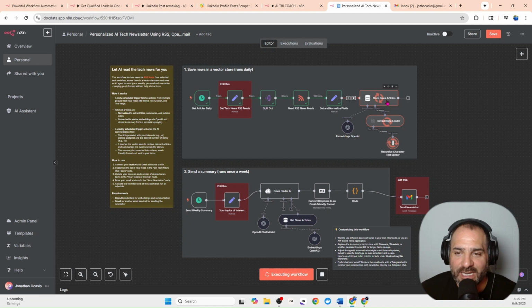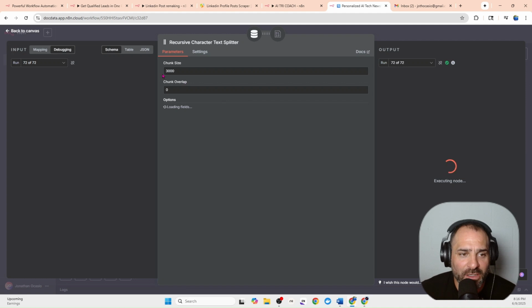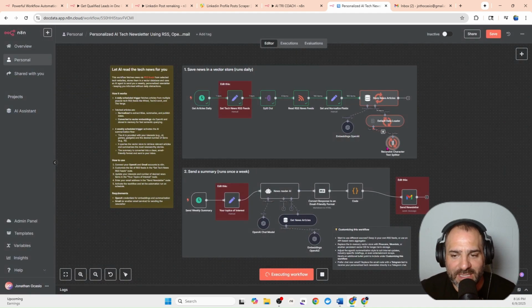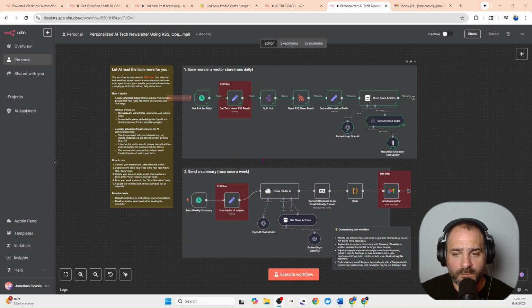So now what's happening inside of this, we have a store news article node where we're creating a database. Inside of that database, the information is being logged, and the logging is going to be chunked up into smaller pieces. If we look at that, we can see the splitting is done down here. We have chunks of 3,000. So inside of the recursive splitter, we're splitting the text up into pieces of 3,000 characters. And then it's going to update into our store. So now that this workflow has completed and we have all of the RSS feeds and news articles in a database,